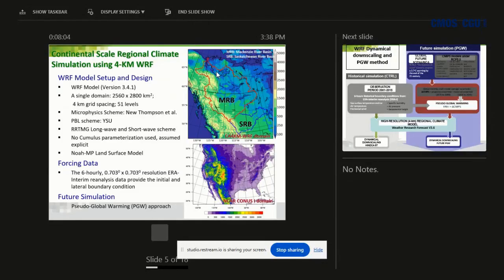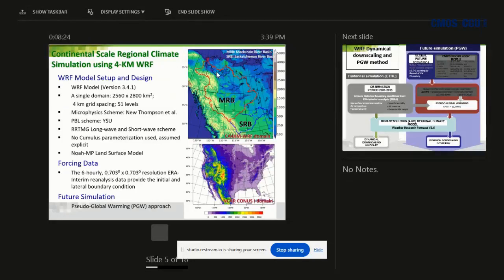So, a brief introduction about the model we used. It's the Weather Research and Forecasting model. It's a US model, community-based and open source. And the model is also highly modularized,